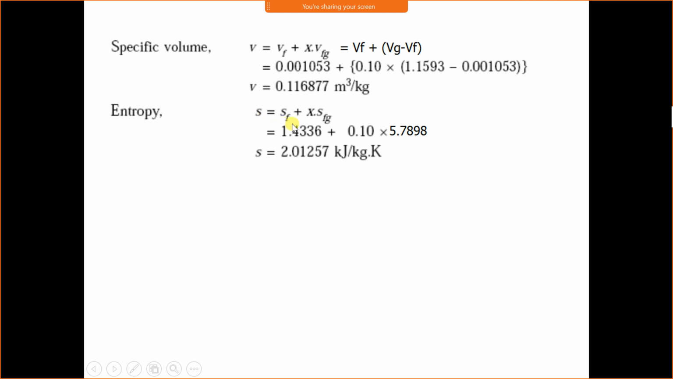Then entropy, s equals sf plus x sfg. sf is 1.4336 plus 0.1 into 5.7898, and it is coming to be 2.01257. Now we have taken some simple problems based on steam. Now from the next lecture